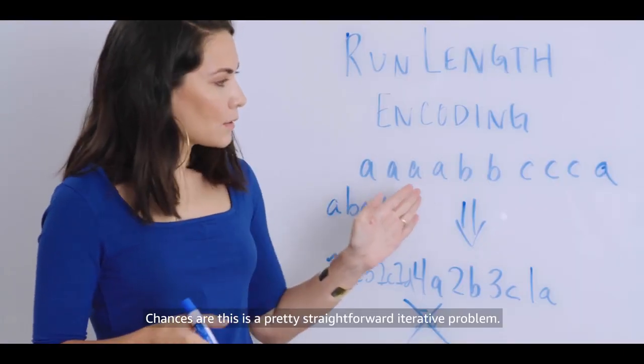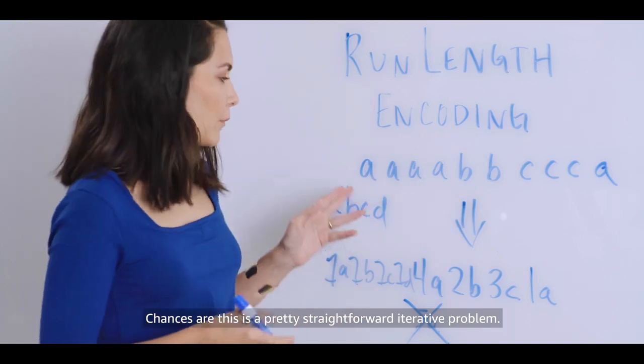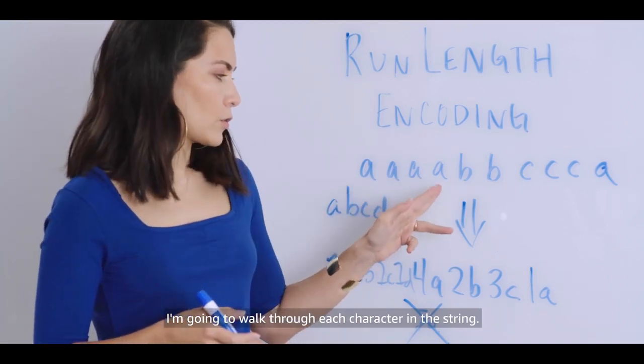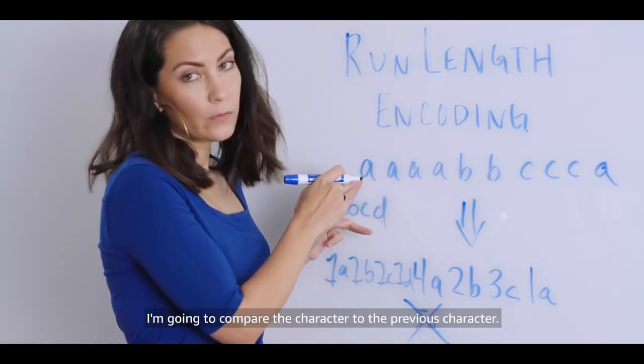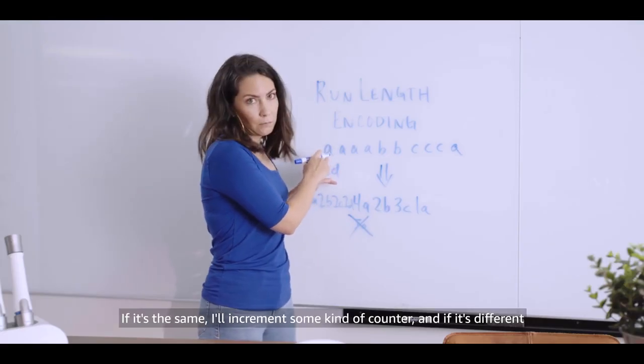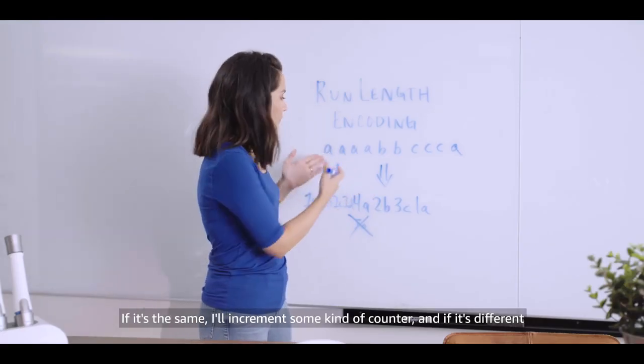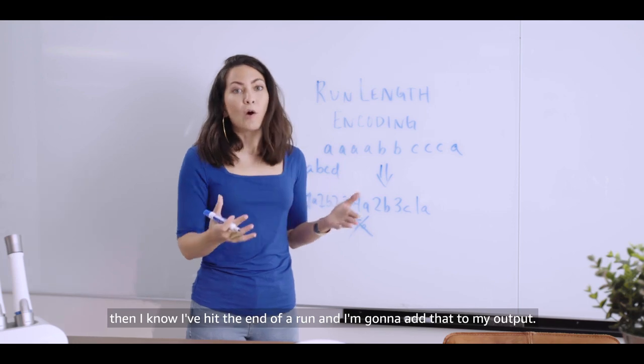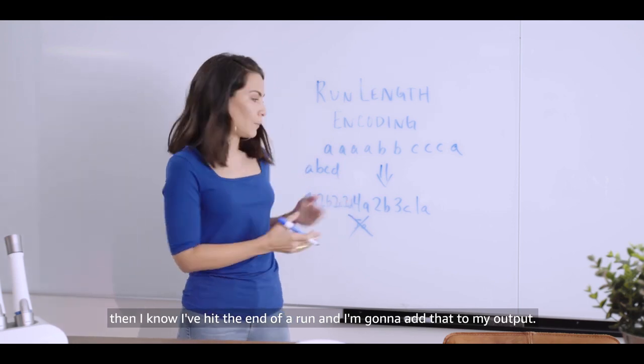Chances are this is a pretty straightforward iterative problem. I'm going to walk through each character in the string. I'm going to compare the character to the previous character. If it's the same, I'll increment some kind of counter. And if it's different, then I know I've hit the end of a run, and I'm going to add that